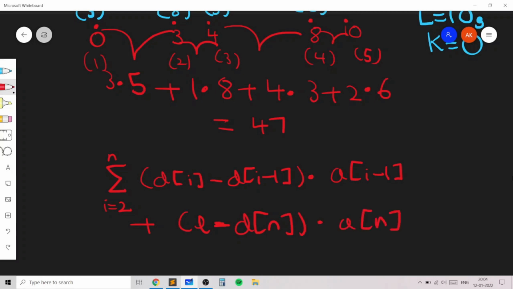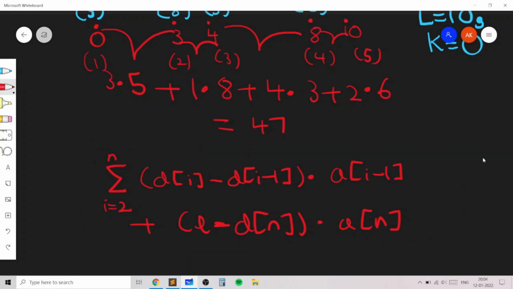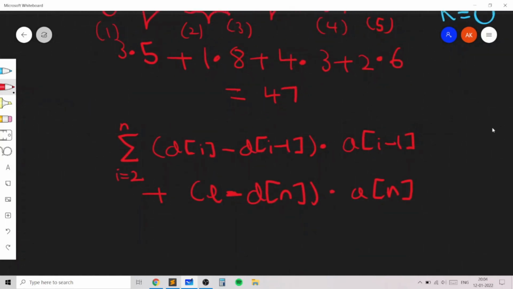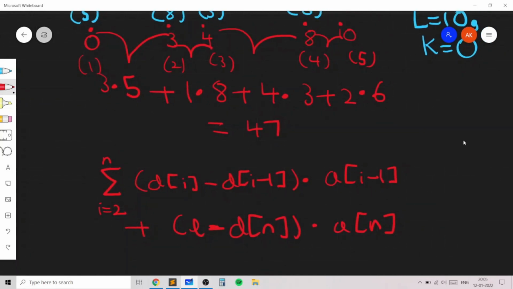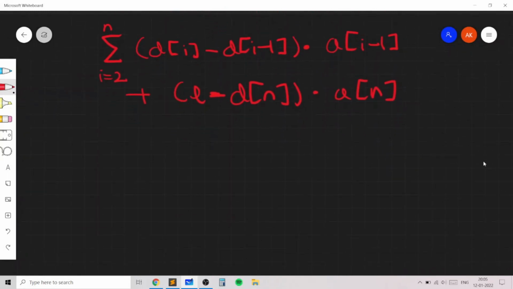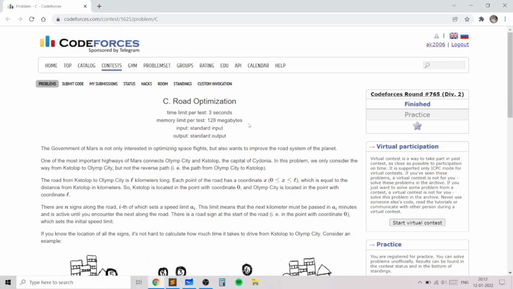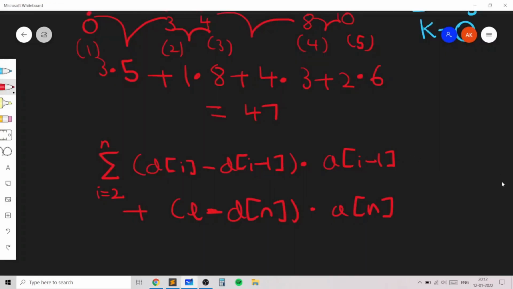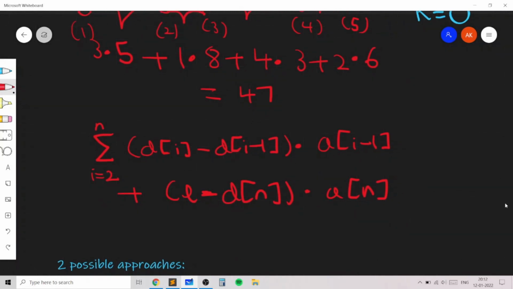So this is the general expression, and you need to basically figure out a way in which you can think about this expression well. So spend a few minutes just looking at this expression and understanding why this expression gives us the time taken when k is equal to 0. Now for any general k, let's try to come up with the idea. So for any general k, when you think about this optimization problem, there are always two options. One option is some greedy algorithm, and that greedy algorithm itself could use many different things like binary search on the answer, etc.